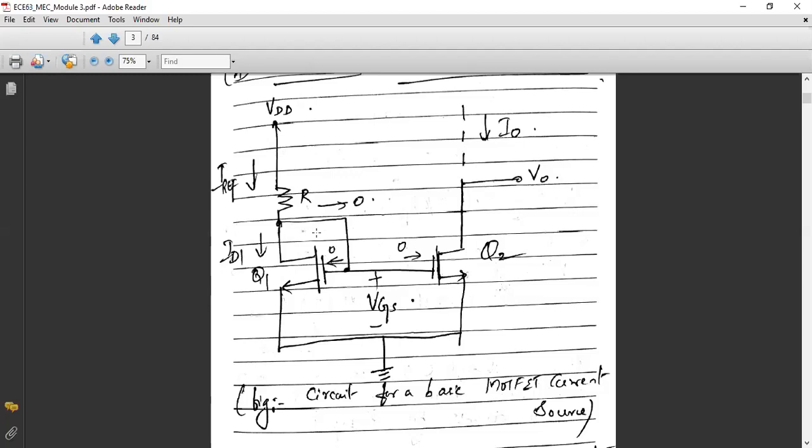Correct? You are going to generate a required current from the reference current. So what about this reference current? Reference current is something which is flowing through Q1, which you can fix by using this resistance value. So who is going to fix this ID1? It is done by using resistance. By selecting the proper resistance value at the drain of Q1, you can fix the reference current IREF, which is further equal to ID1.